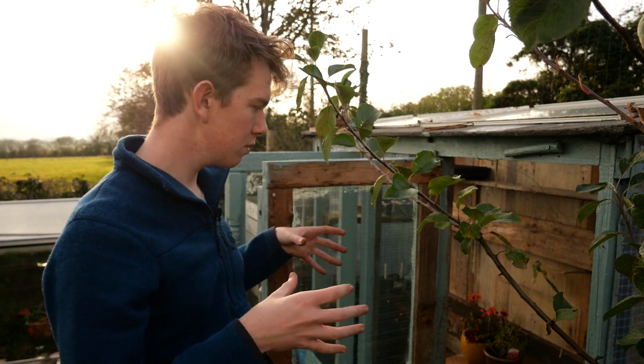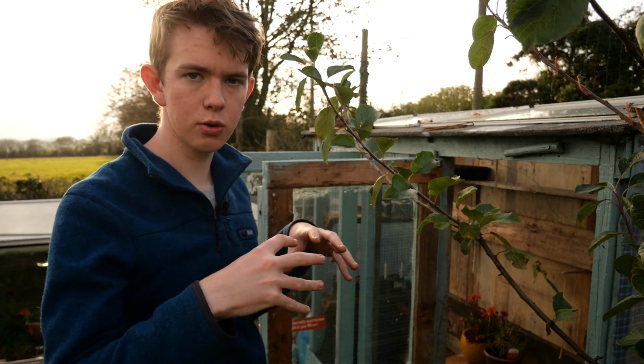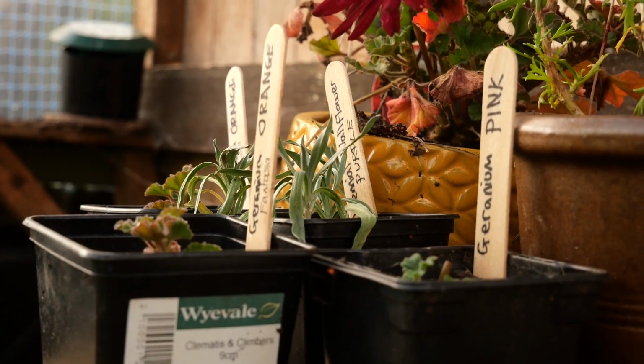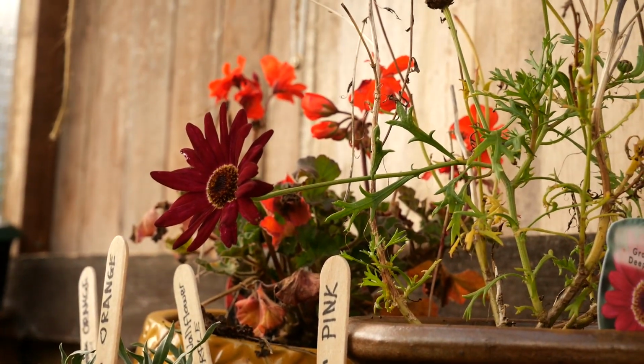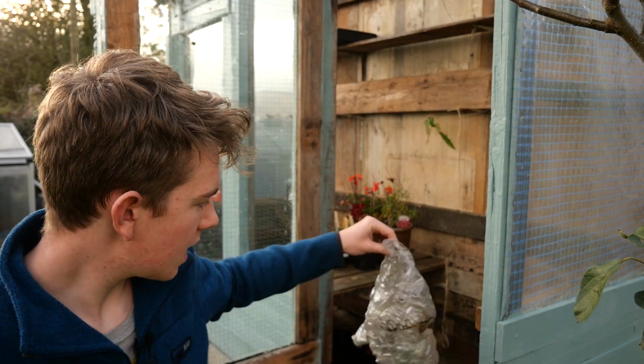So if I put them in the middle of the greenhouse, and that's a good tip, if you want to keep things warmer in a greenhouse, put them right in the middle, because that's where the core of the heat will be, compared to being next to the windows where it'll be a lot colder. So I'm going to move my cuttings, especially some of the geranium cuttings, into the middle where it'll hopefully be a bit warmer. And last but not least, I'm going to be speaking about how you should insulate or heat